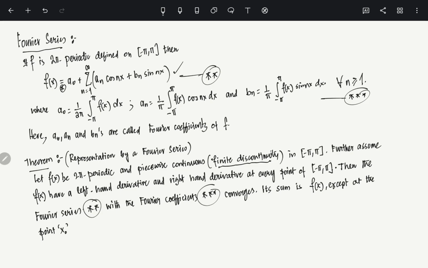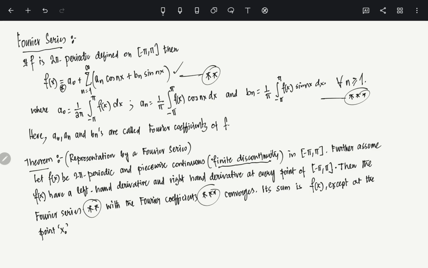If the function is always continuous, no issue. If it is discontinuous at a finite number of points, let's take a point where it is discontinuous, x naught. What happens to the sum? If it is continuous, it converges to f of x, no issue. So its sum is f of x except at the point x naught